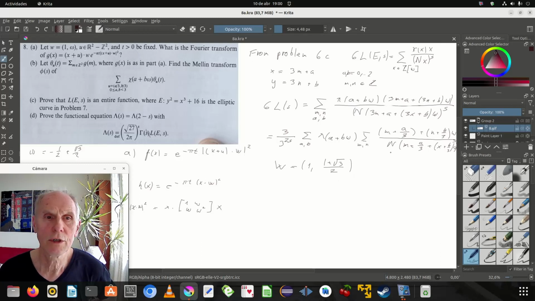So that the norm, when summing over the lattice spanned by these,